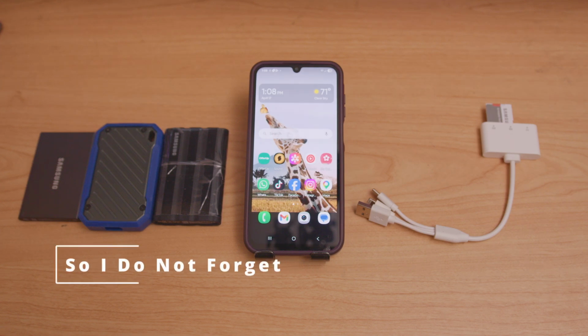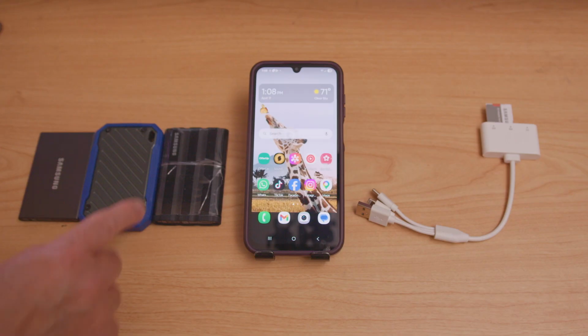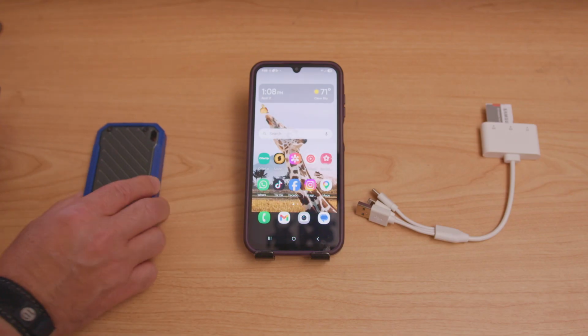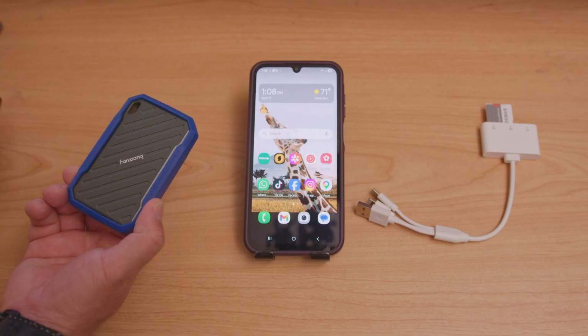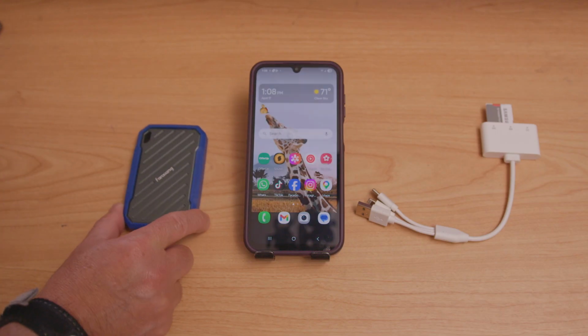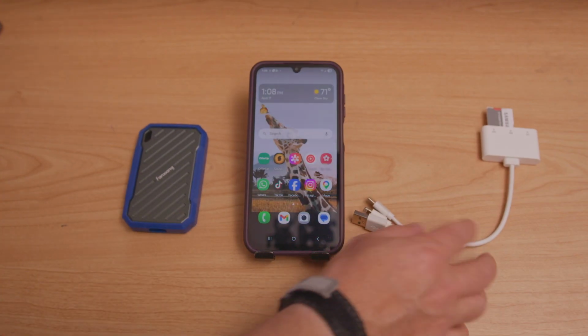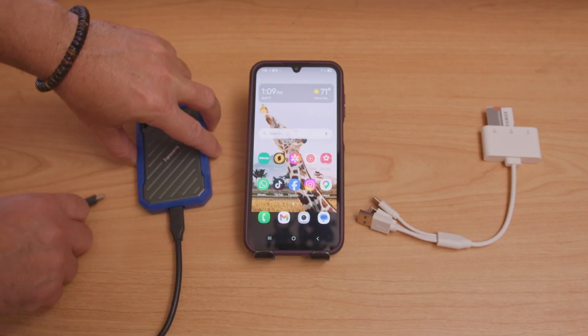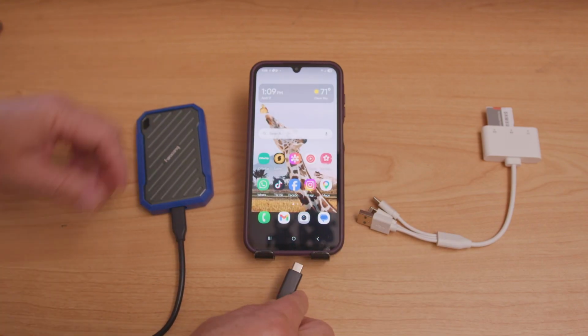I want to show you how to transfer photos or videos from your Android device to an external hard drive. It could be any kind of device, Samsung or any other one. Or you can also transfer to a TF card or SD card, like the one I have on the side. In this case, I'm just going to use an SSD hard drive, and I'm going to plug it into my